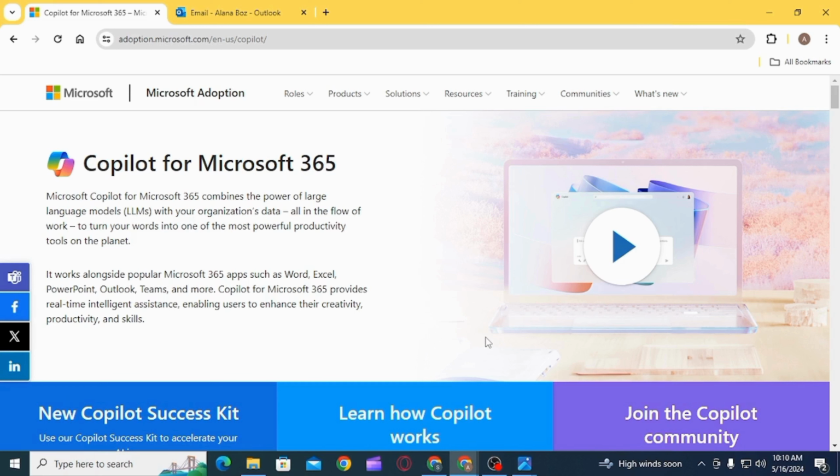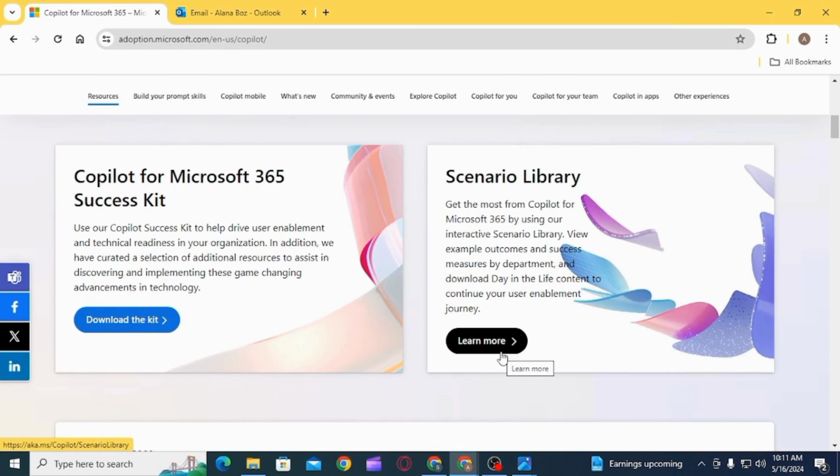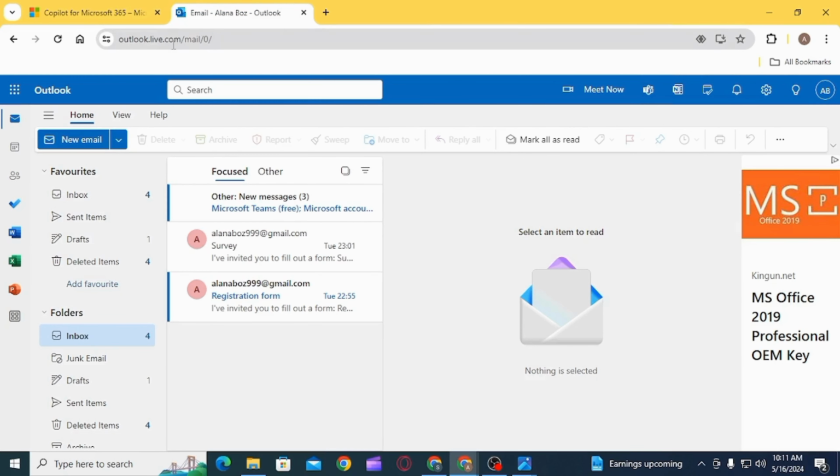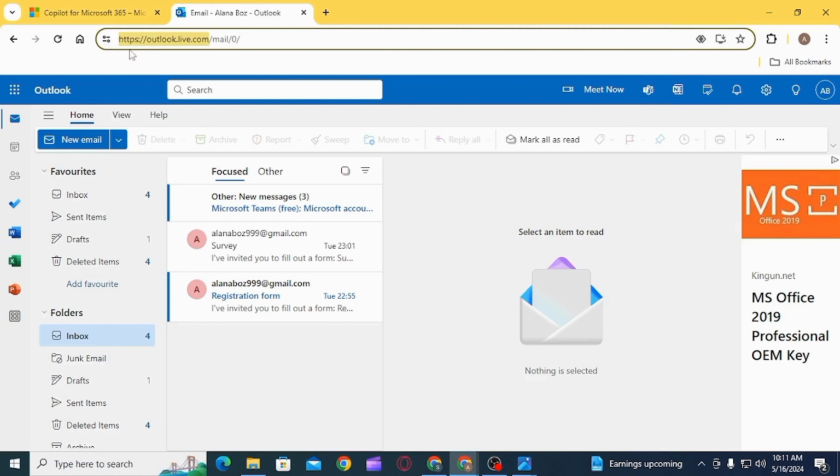Let's begin. Copilot in Outlook is a virtual assistant powered by artificial intelligence and machine learning algorithms. To activate Copilot in Outlook, you will just need to purchase the required Microsoft subscription and install the supported app. Install the new Outlook and create an account using the same email address as your Copilot subscription. Now you can open up a new tab and head over to outlook.live.com, sign into your account and start using